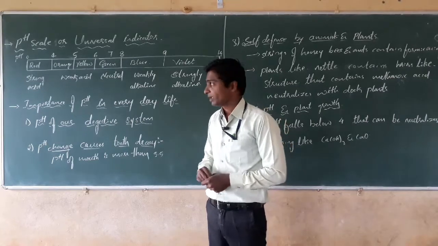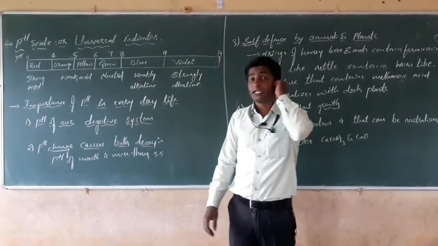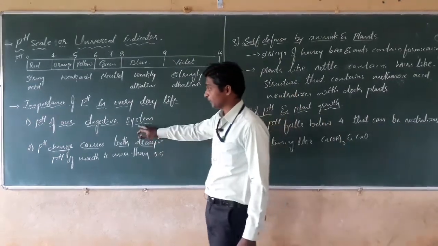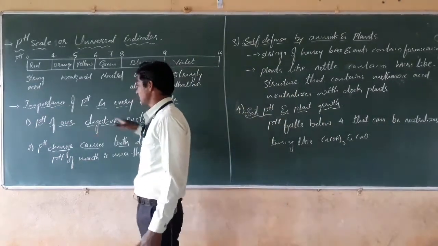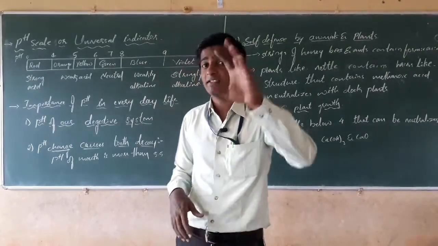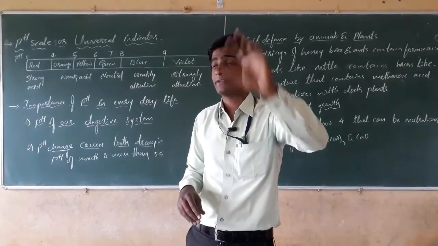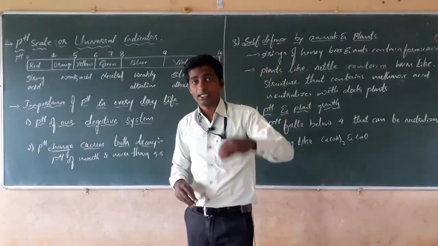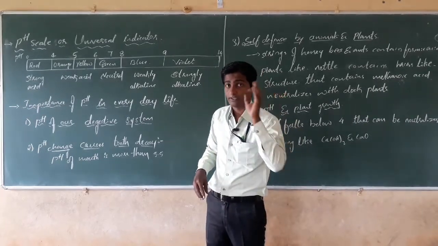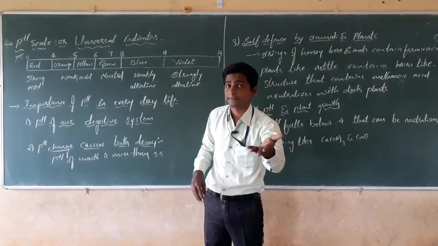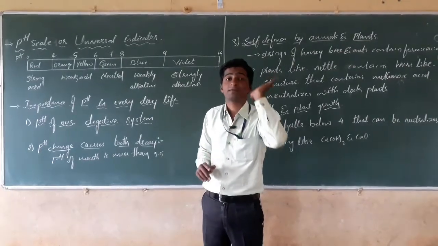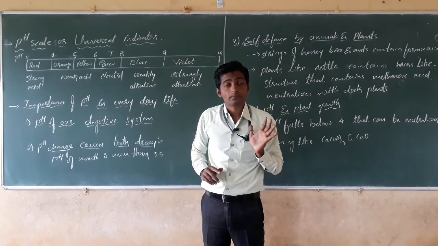In some parts of the body, there may be a variation of pH. See what happens, dear students, to pH in our digestive system. In our stomach, acid is released. That acid, called hydrochloric acid, is released by the gastric glands and helps in the digestion of food. If it is secreted more than its limits, then we get pain in the stomach, and we say that we are suffering from acidity.